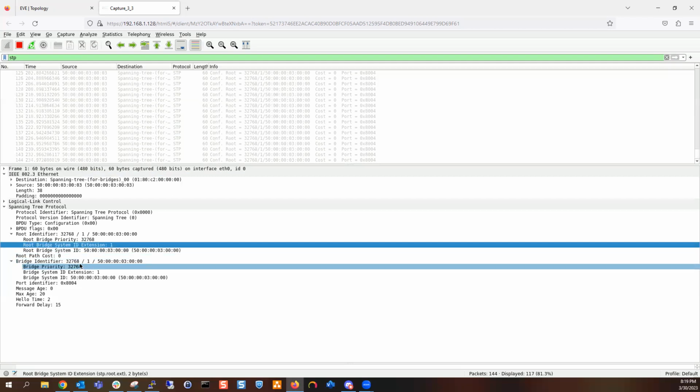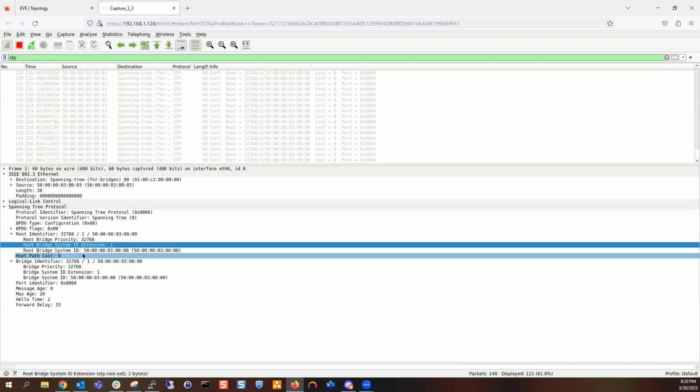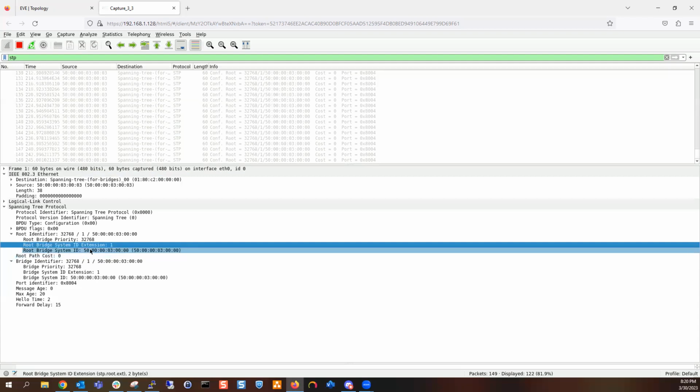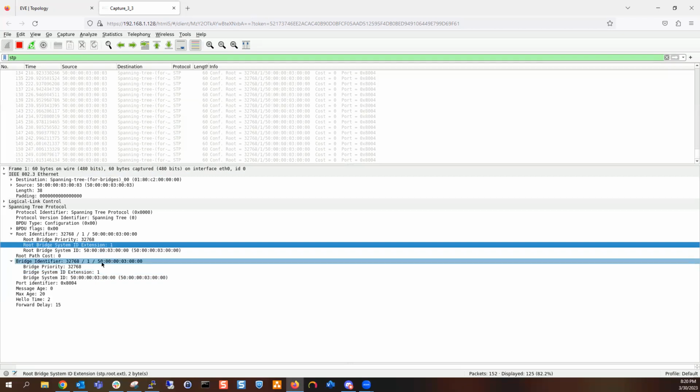32,768 plus, right? And it's VLAN 9. So we add 9, and it's going to be 32,777, if I'm correct, right? And so that would be the priority field, right? That would be the priority ID, right? Now,